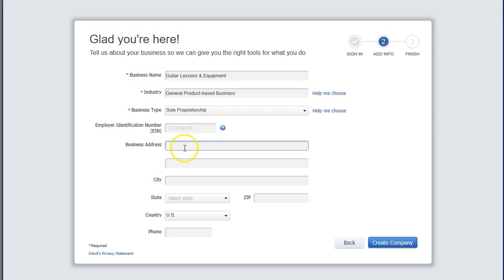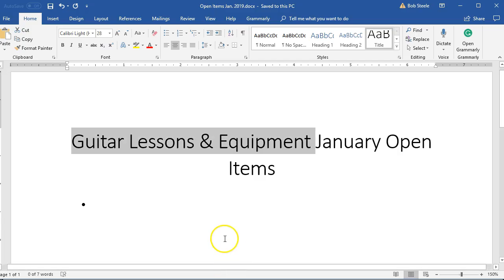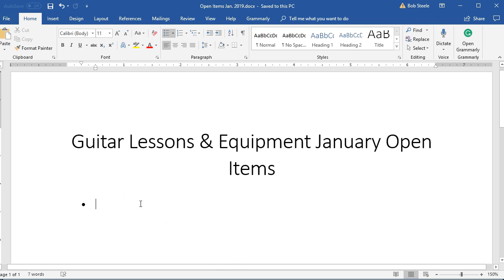Now, what we don't have is the employer identification number, not required for us to move forward, but we might need it. And if it's a sole proprietor, it might be someone that doesn't have an identification number. If they don't have any employees, they may not have it. And even if they don't have any employees, they may still have it. If they don't have an employer identification number, they're probably using their social security number as a reference number to the IRS. So this is something that we might want, so I'm going to go to our open items